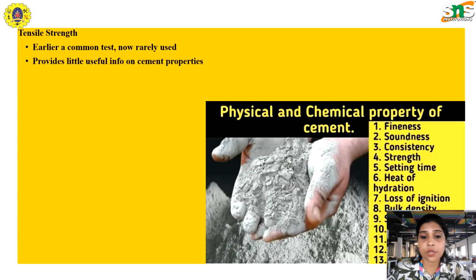Next, we are talking about the tensile strength. As we always know, the tensile strength of concrete is very much less. The tensile strength of cement is very low compared to its compressive strength, typically measuring only about 10% of its compressive strength. As concrete is weak in tension and very strong in compression, likewise cement is very strong in compression and weak in tension, because cement is a primary building agent. So it's often considered negligible in structural design,